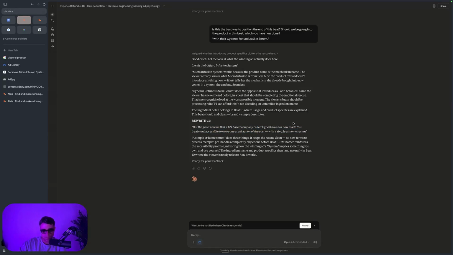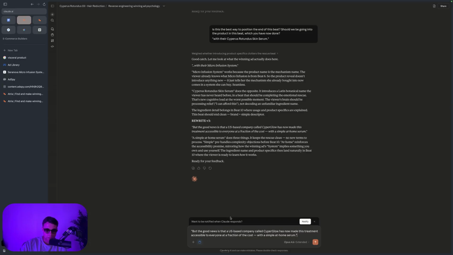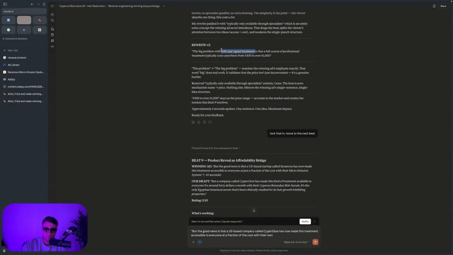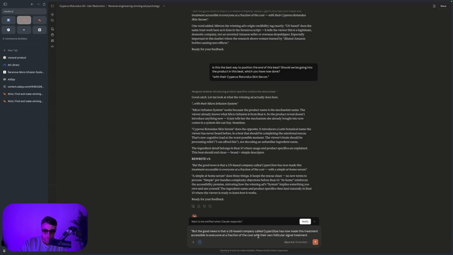So now I'm going to say something like, but the good news is that a US-based company called Cyproglow has now made this treatment accessible to everyone at a fraction of the cost with their own clinically backed